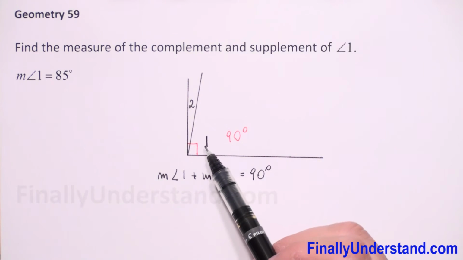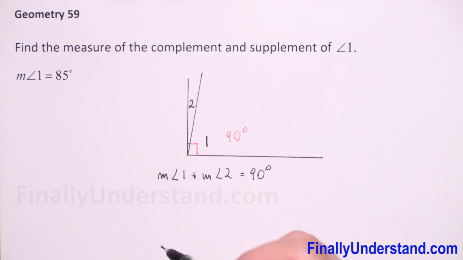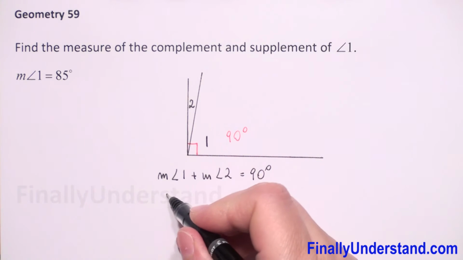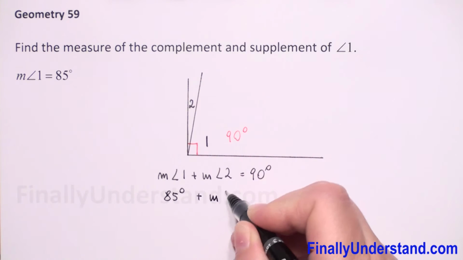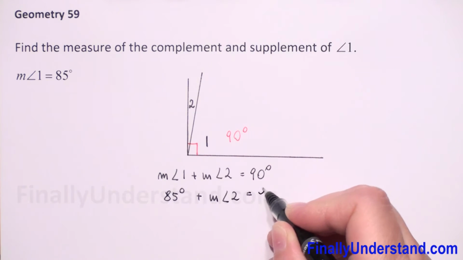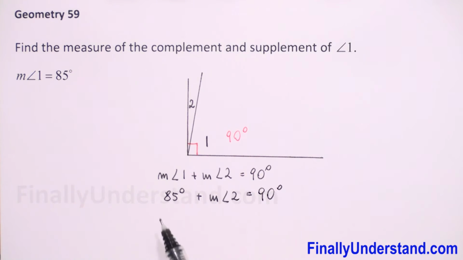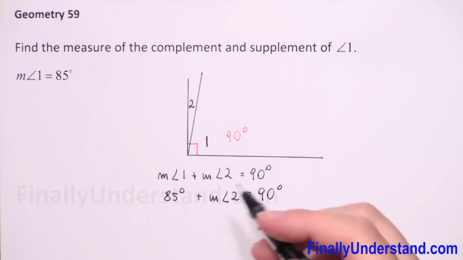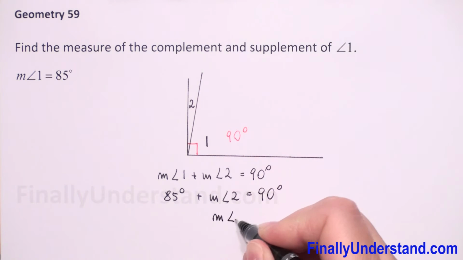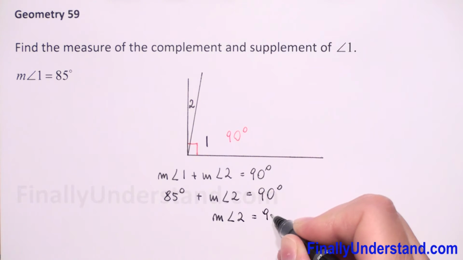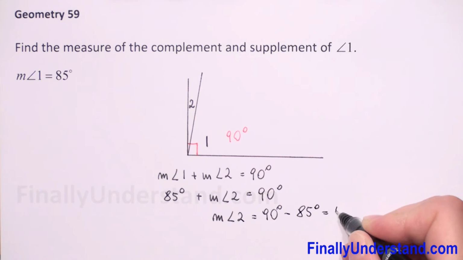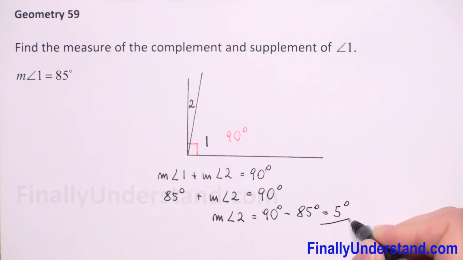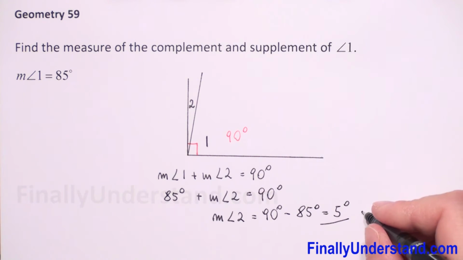We know that the measure of angle 1 is 85 degrees, so let me substitute this, plus the measure of angle 2 must be 90 degrees. Now I will move 85 degrees to the right side. So we have the measure of angle 2 is 90 degrees minus 85 degrees, so this is 5 degrees. We found the complement